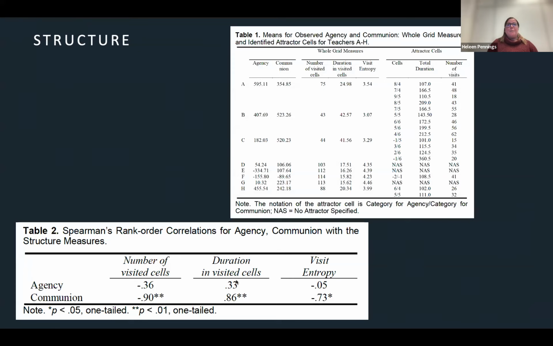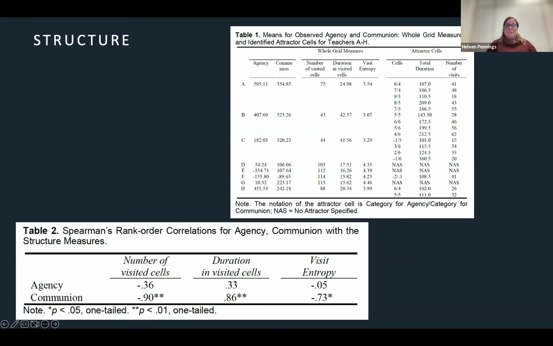We also looked at the grid measures. We only selected 3 of them: number of visited cells, duration of visited cells, and visit entropy. And we did a Spearman rank correlation because it was a really small sample, and we saw that the interactions of teachers with lower levels of communion were characterized by higher variability and less predictability, and that teachers with higher levels of communion showed lower variability and were more predictable.